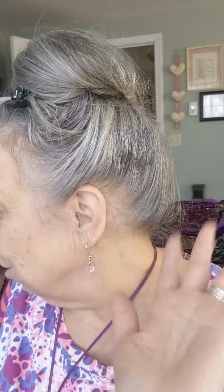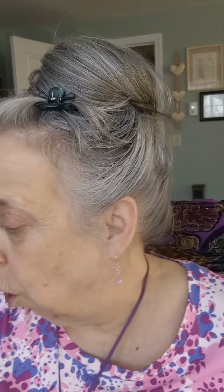It's not a full coverage, and I like that too. I got rid of my full coverage foundations. So let's move on to the Ilia